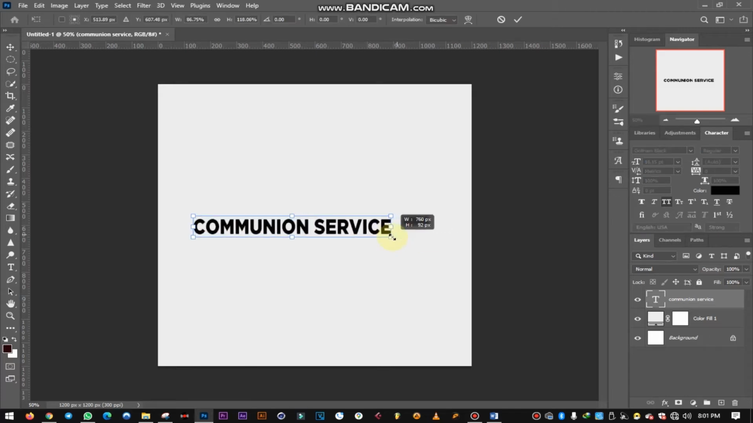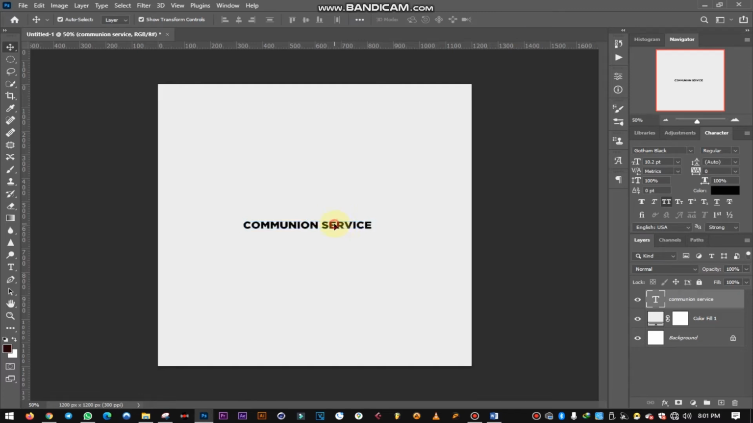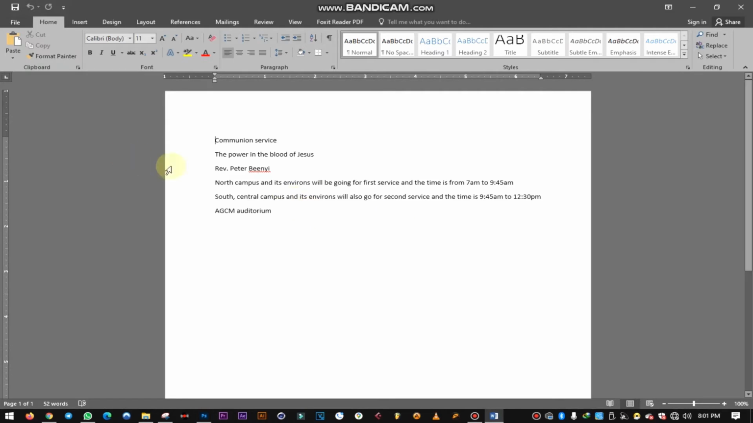Then I hold on my shift. I'm using Photoshop 2020. My shift and alt to resize the text. I actually have the write-up already typed inside here, so I'll come highlight this one, copy,